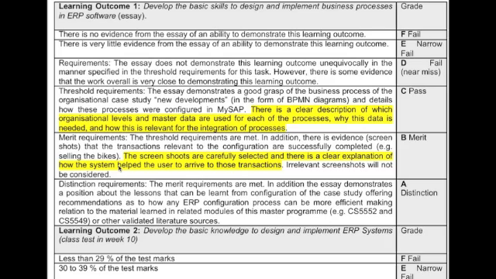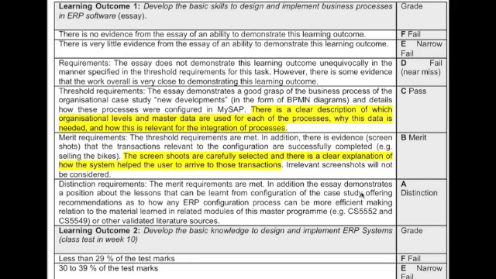Many of you have a lot of screenshots that were not selected. So you were expecting me to make sense of that, and that was not the case. I was very clear, and I said many times that it needed to be carefully selected. So to have a B, you needed to have a good explanation of why and how relevant for integration of processes, a thorough one, and on top of that, that the screenshots were carefully selected. And there was a good explanation about how the system helped the user to arrive to these transactions. So that was the B merit.